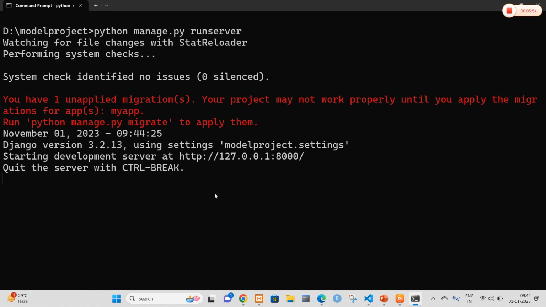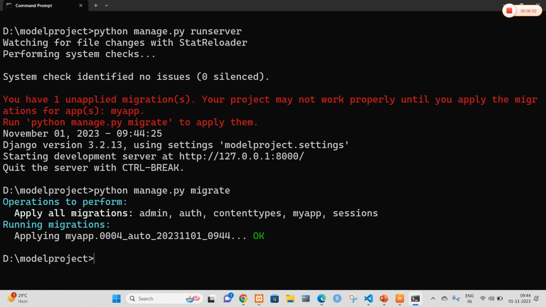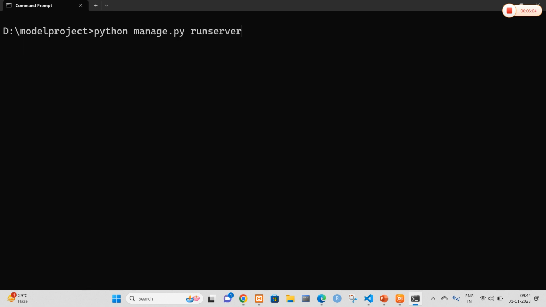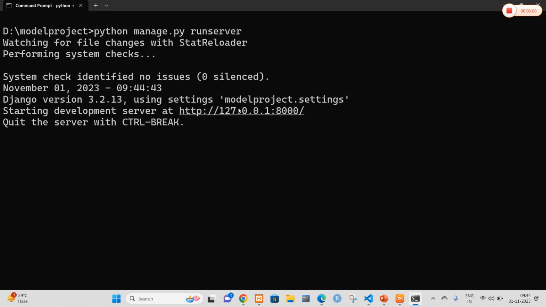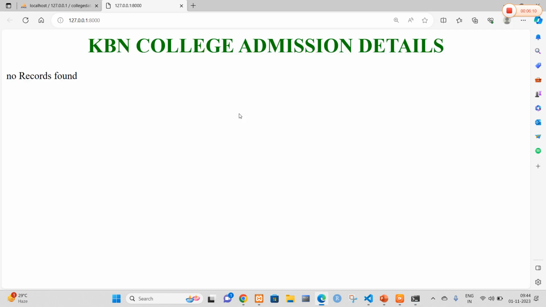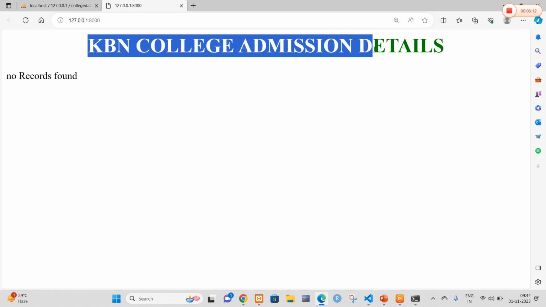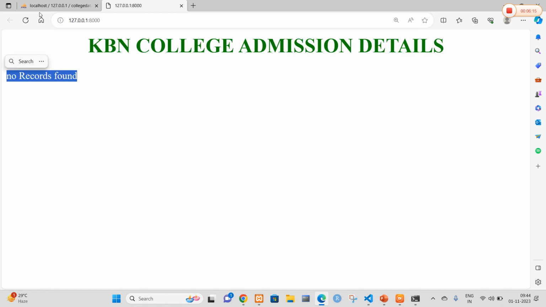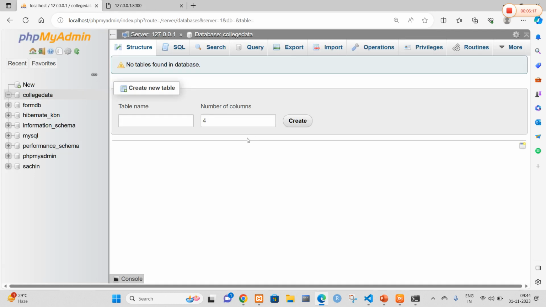So here I am going to apply one of the migrations. So let me migrate once again. Yes, now I am going to run the code again. Now I am going to open this. And here you can clearly see the KBN college admission details and no records are found since there is no data in the database. So for this, I am going to open my database and add